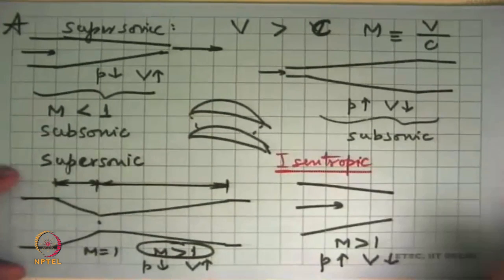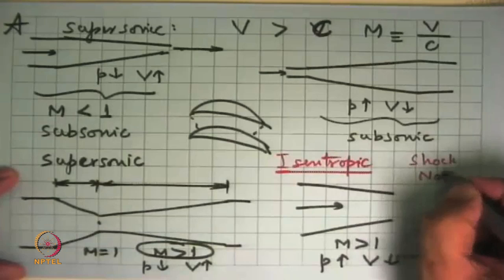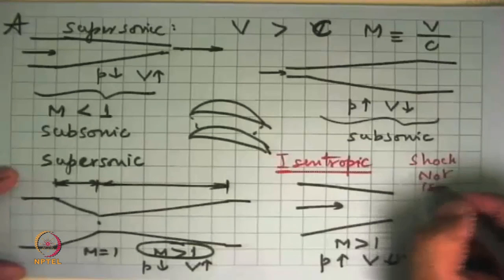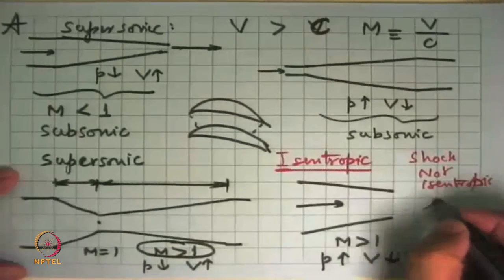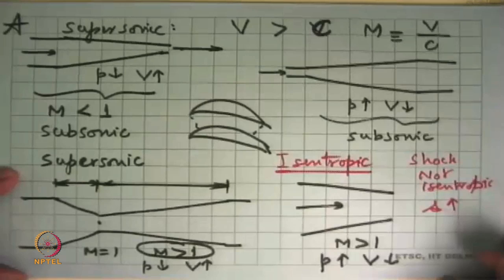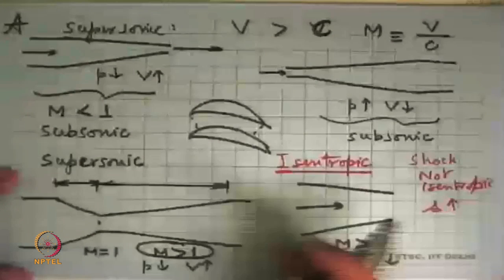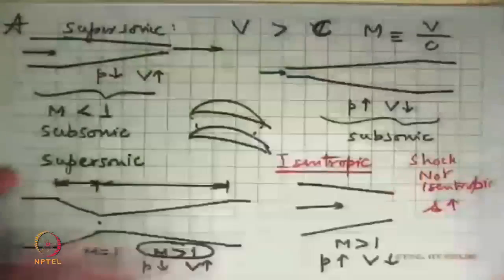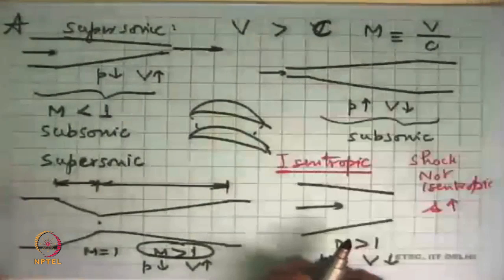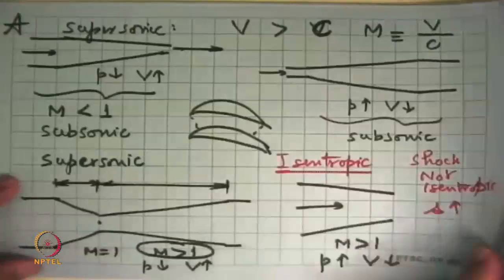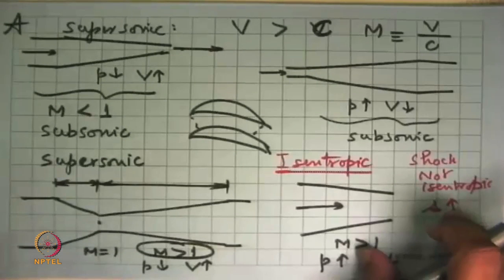And we have seen yesterday how we could not have isentropic flow. It is a hugely irreversible process. S will increase, and so the isentropic flow condition can be applied before the shock and after the shock, but not across the shock. We will not go into full details of what a shock is. It's a whole different topic by itself.